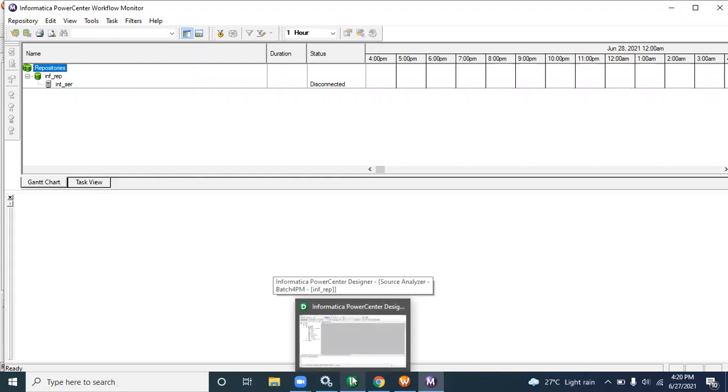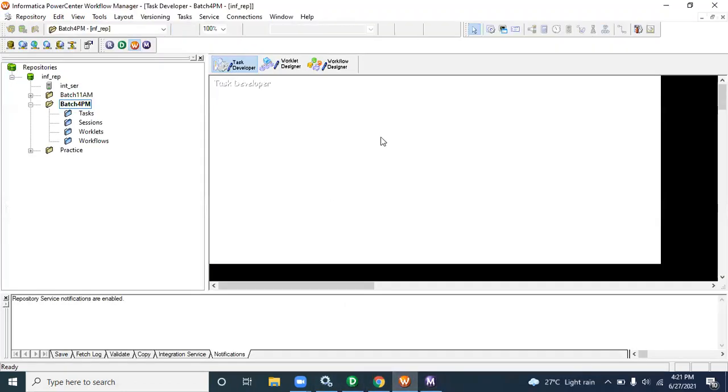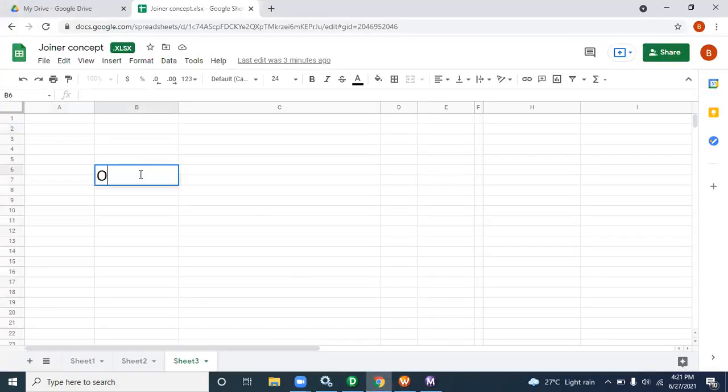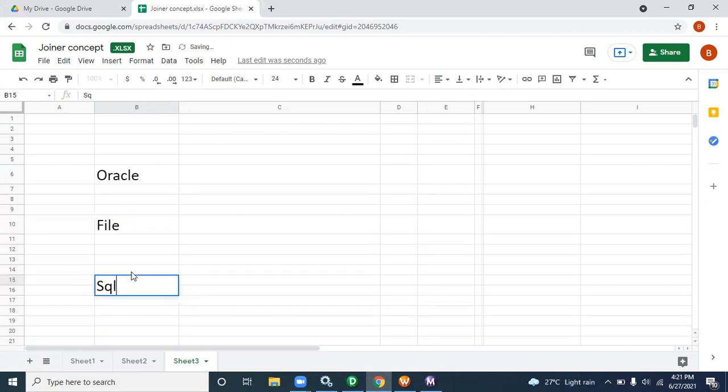But before we jump to the tools again, how will the connection be built? Because when you are working in real time, suppose we have Oracle as a source, sometimes a file, or sometimes other databases like SQL Server.